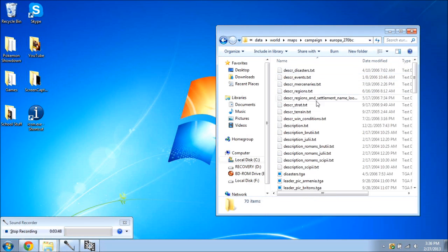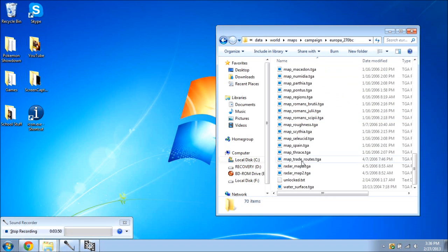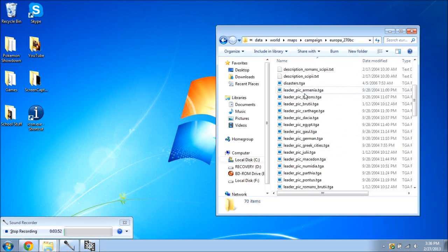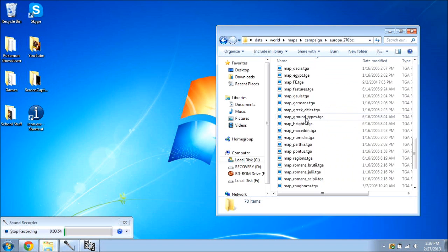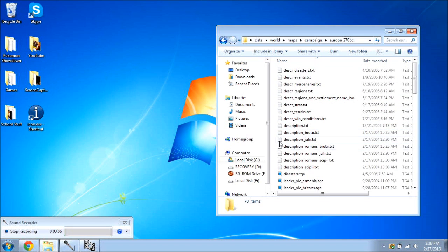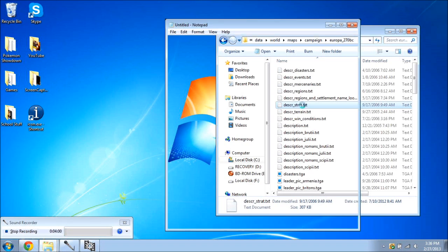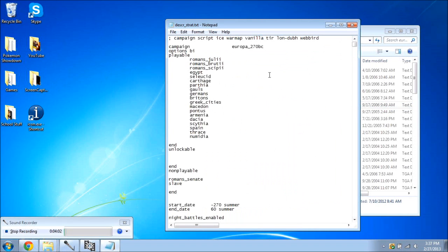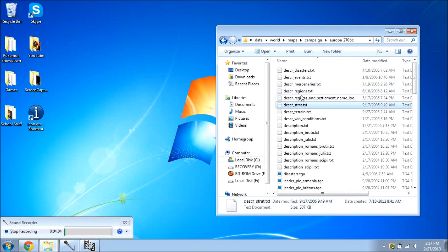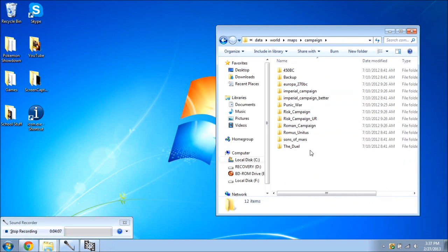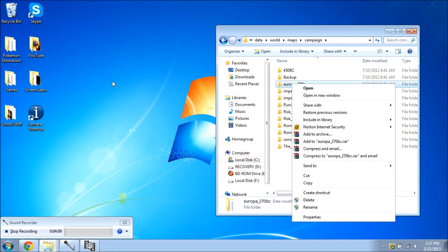and it's pretty much a lot of files. You look at this first, you're like, okay, what am I going to do here? What am I going to do? Now, the only file that really matters is this one right here, the disk strat. This is the one that you've got to pay the most attention to, but we'll come back to that a little later. So the first thing you want to do is copy this folder,